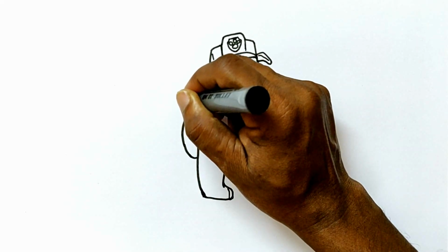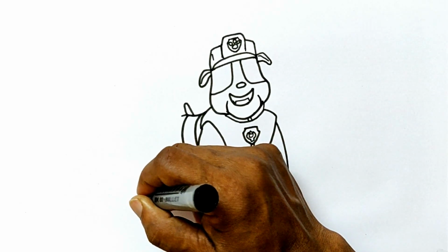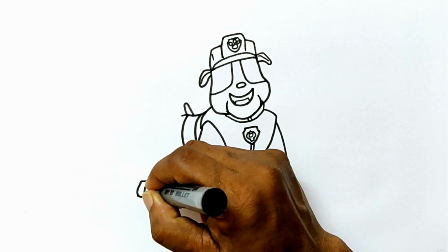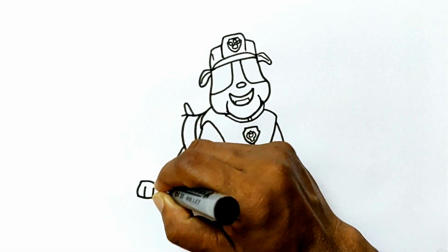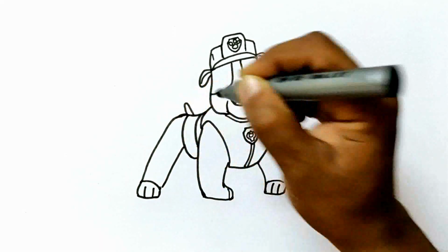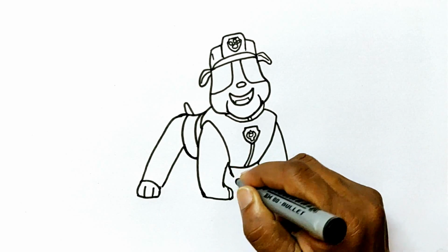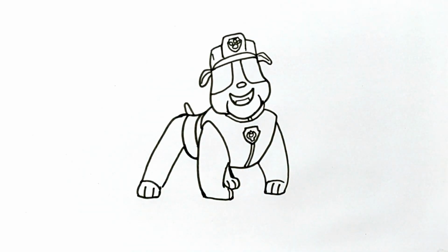You can see his small tail over here, and his hind leg is going to come here. Okay, you can see the other hind leg here too. Okay,